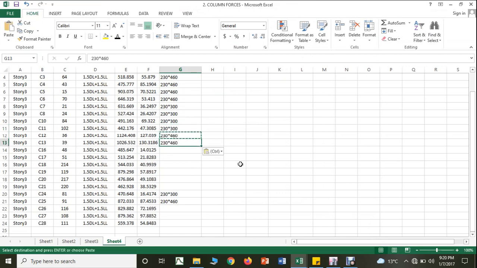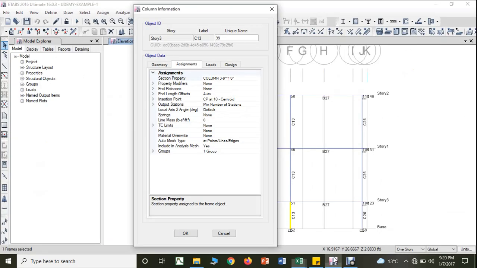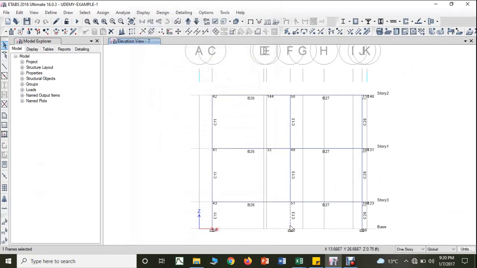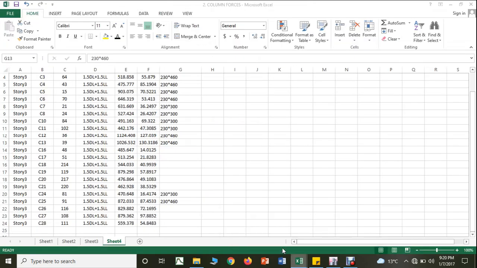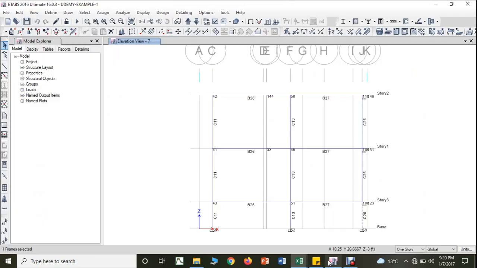This is column 13. So the next you have is column 26. Column 26, 9 inch into 1 feet 6 inch. That is also the same. Column 26 is this one. Okay. Yes. So the next after that,